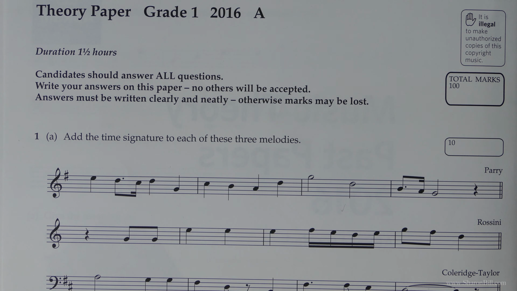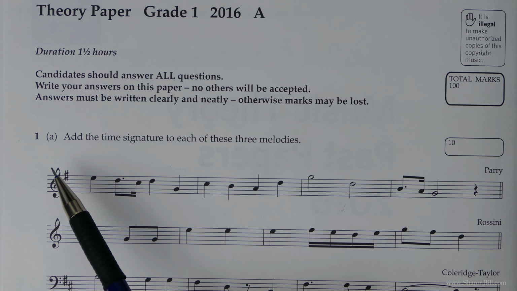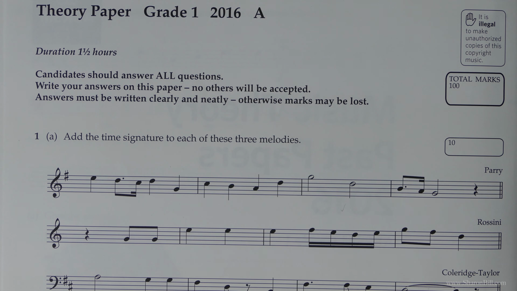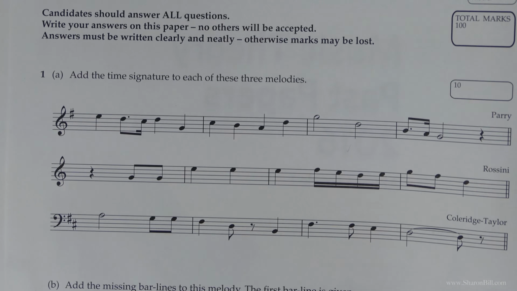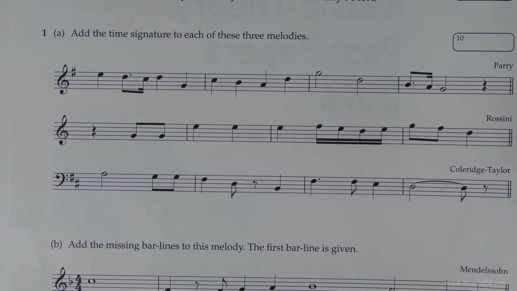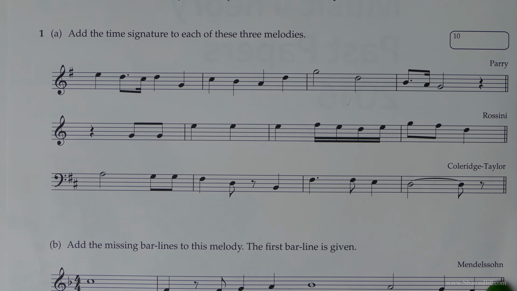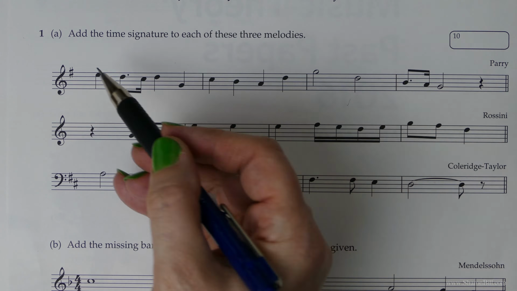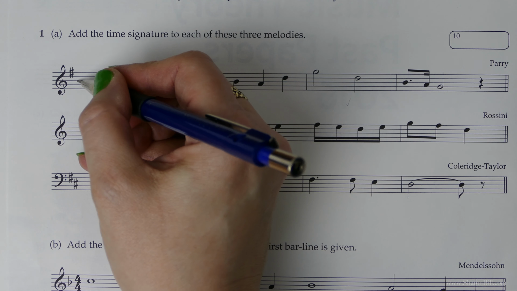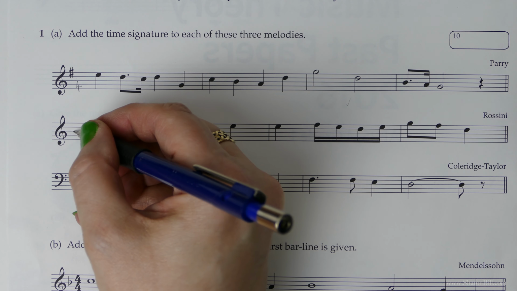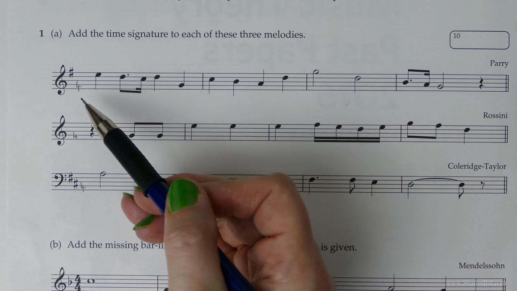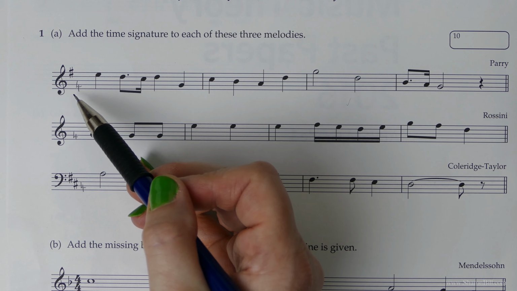Question 1 asks us to add the time signature to each of these 3 melodies. Now in this exam, we're only going to be counting in crotchet beats or quarter notes, and so our bottom number is going to be 4. We've got 3 time signatures, and each one of those we know straight away we're going to be counting in crotchet beats or quarter notes, and so we just now need to decide how many crotchet beats or quarter notes